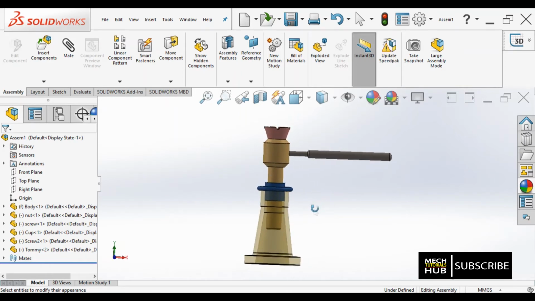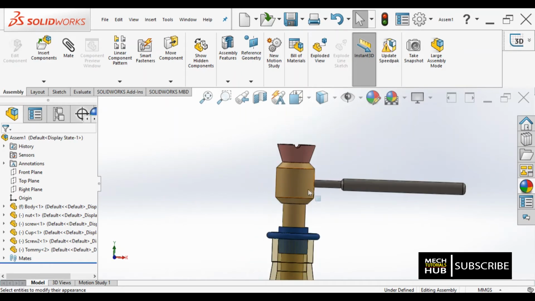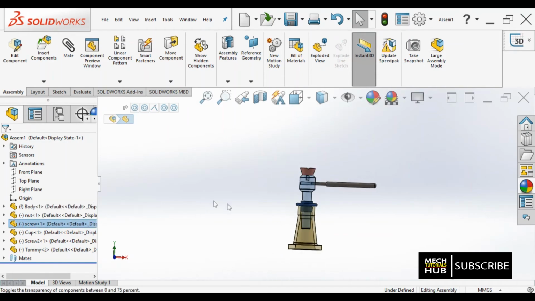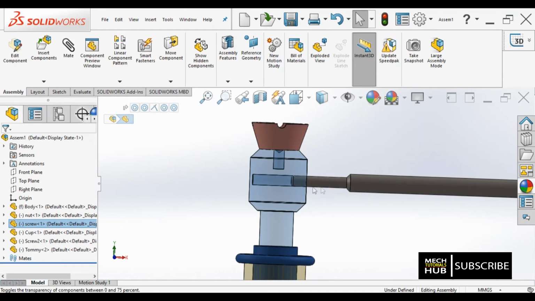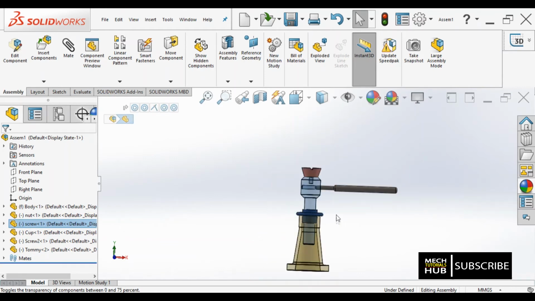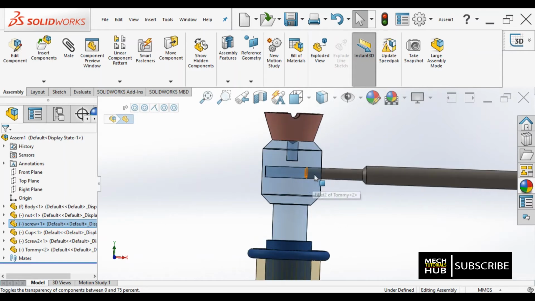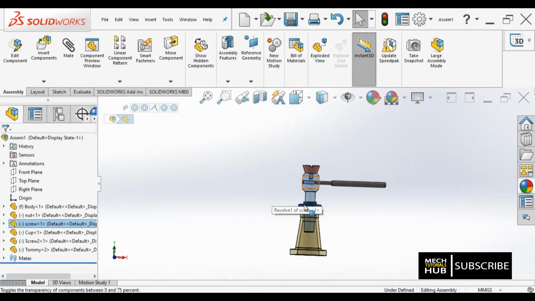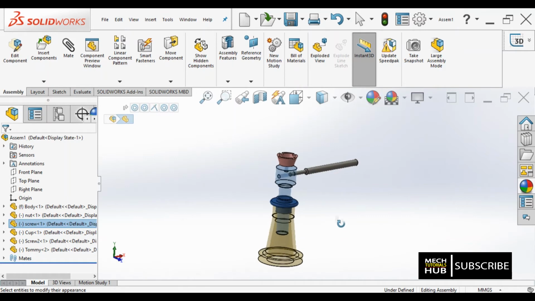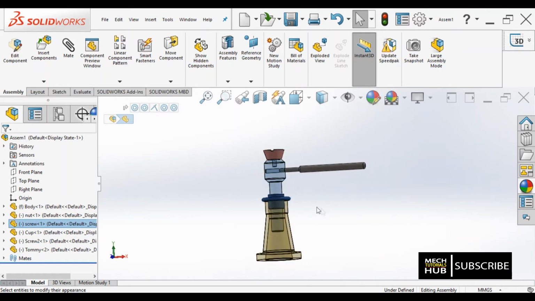Just have a look at it, how the parts are inserted. Similarly I'll select this nut, not screw, I'll just go with the screw. Let me make it invisible, transparent. Have a look at it, how the screw got inserted, how the Tommy bar got inserted inside. Alright, it can further move, it can further travel till this particular distance, that also we can do, but as of now we focus on exploded views only.